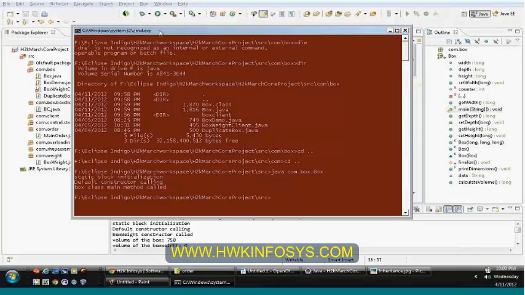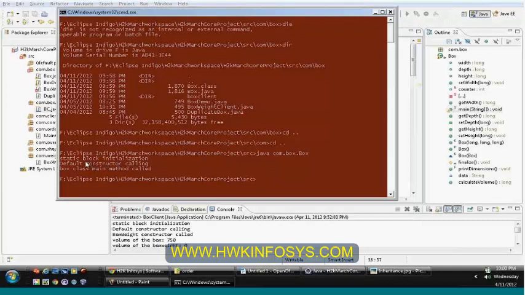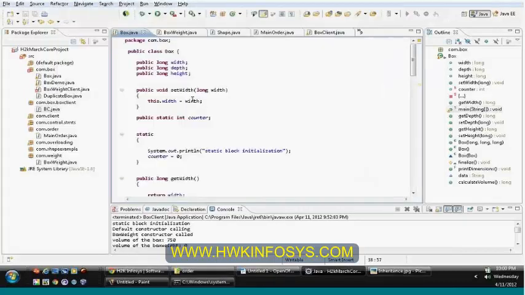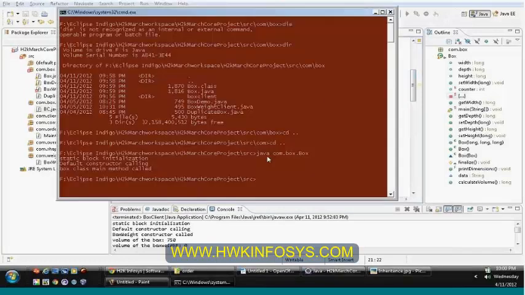You can see that it has executed properly, and it has called the static block, and it has called the constructor, and it has called the box class main method, which is my main method code. If you don't have a main method, it won't execute the code. It will simply specify that it couldn't find the main method in the class file.